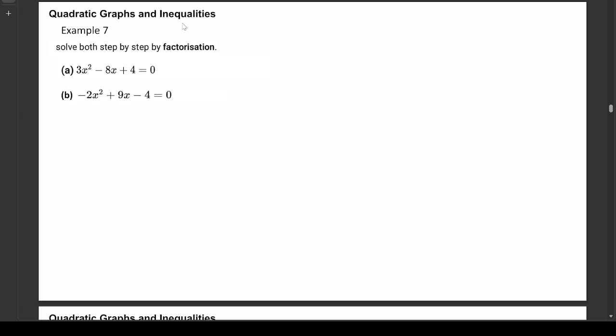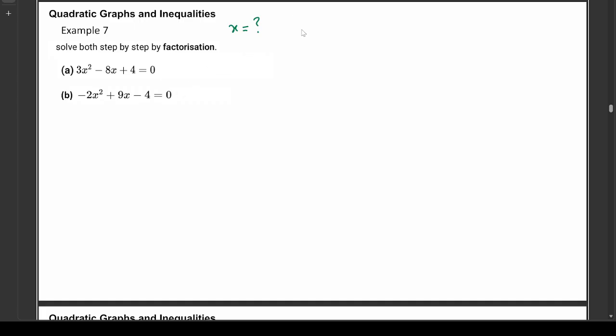Hello students. Okay, this is the example for question 4, right? So the question asks to solve by factorization. And they use the word solve. That means we are supposed to find the value of x, right? Now, to solve for x for a quadratic equation,